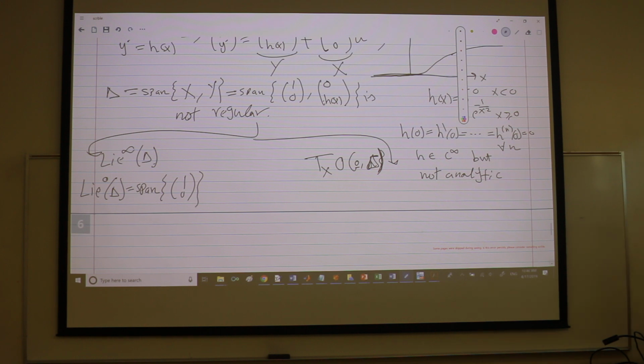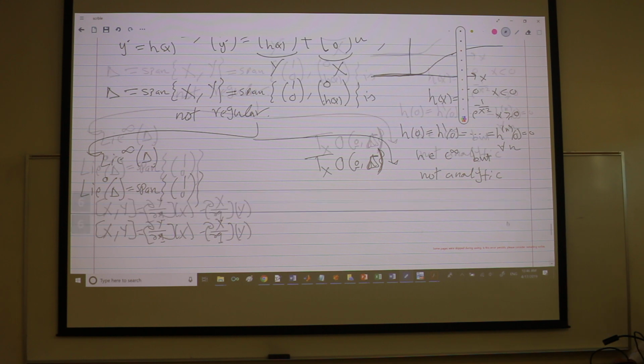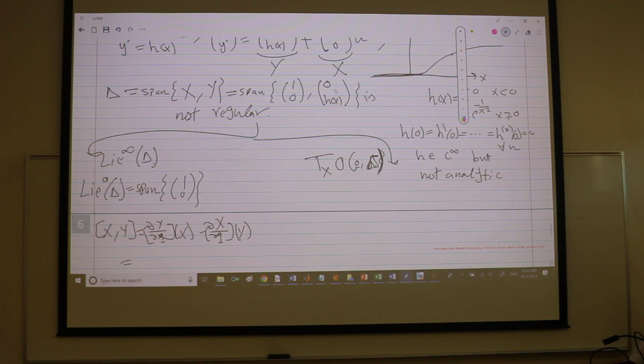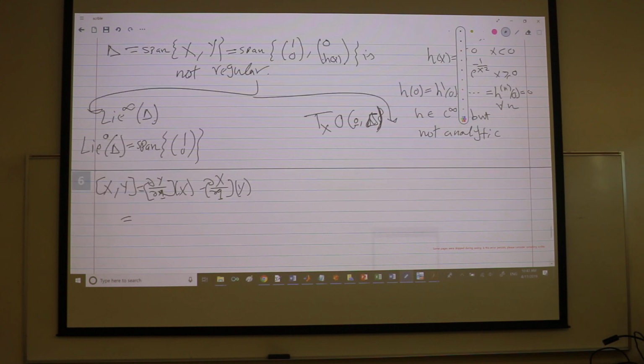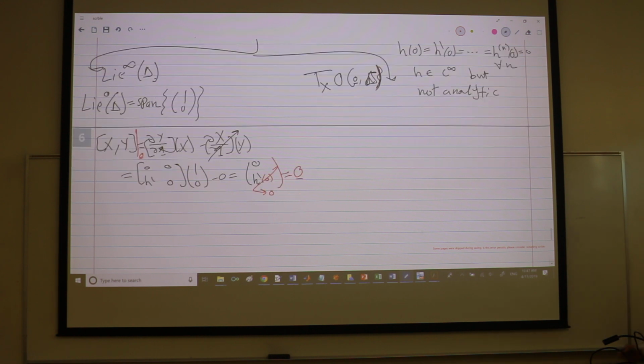I'll keep adding velocity vectors by doing Lie brackets. So I'm doing x and y. So this is partial y, partial x, minus partial x, partial y times x, and so on. So this gives you what? What's y? Y is (0, h). So this is (0, h prime) and 0 times x, which is (1, 0), minus x is constant, so this goes away. So you'll have (0, h prime), but I'm sorry, I'm evaluating at the origin, so this guy is 0. So you'll have the 0 vector again. And keep doing it. So actually Lie1 of delta is the span of this guy